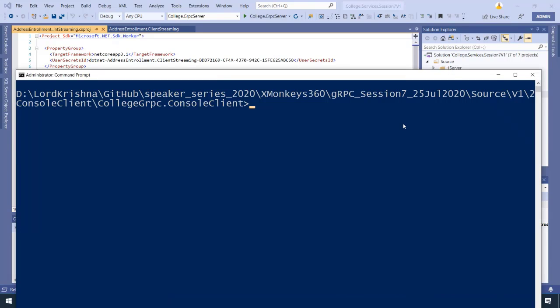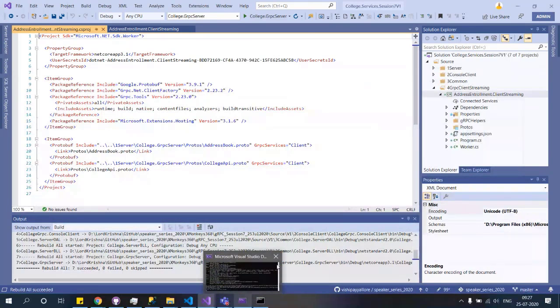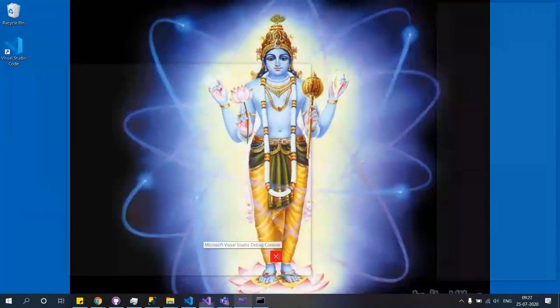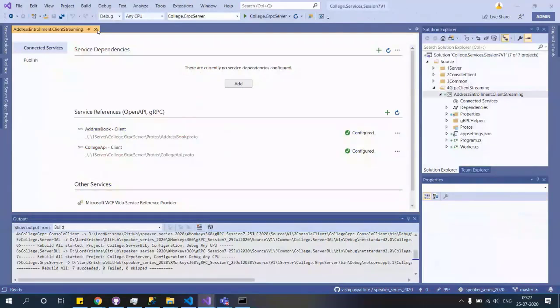No, we don't have any squigglies. I think we are good to go. Let me close this window. We don't have any squigglies, which means we are ready.